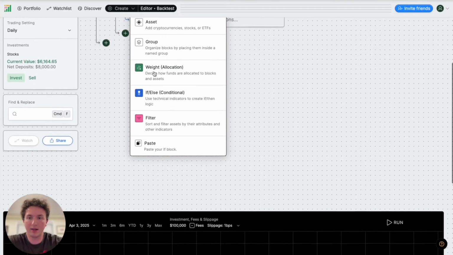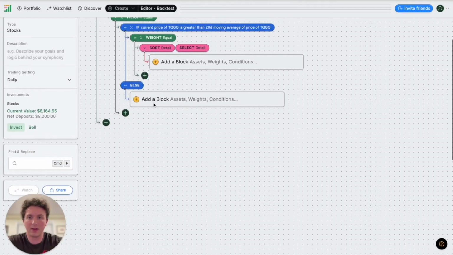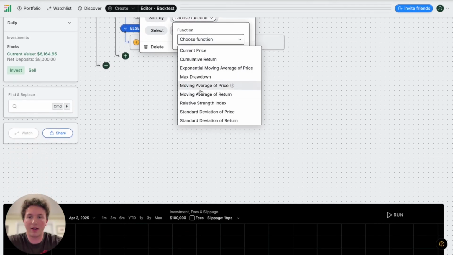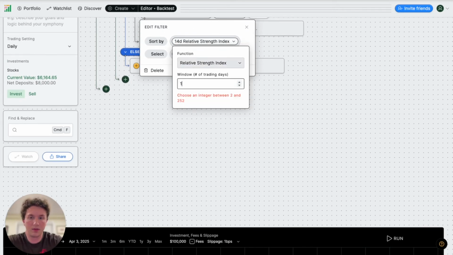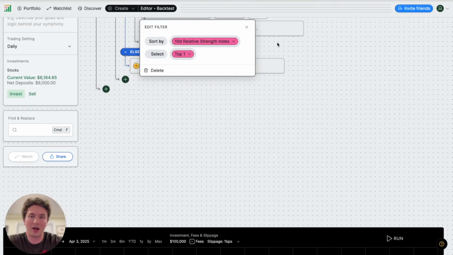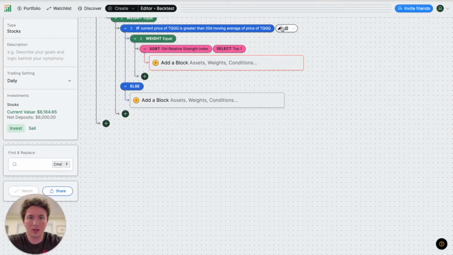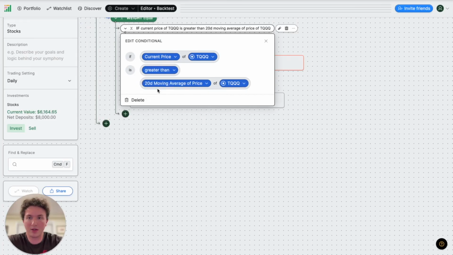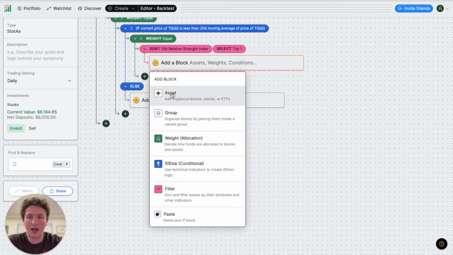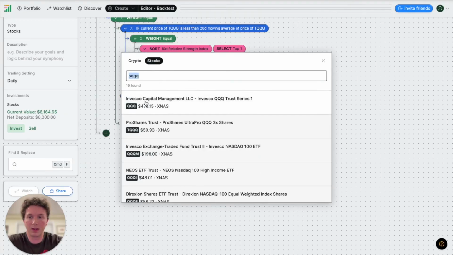So I'll add a block and we will filter and we will sort by the RSI, relative strength index, but there's a bunch of different indicators you can sort by as well. Let's do 10-day window and we'll select the top one with the highest RSI. Oh, sorry, this was supposed to be bear logic, so I will switch that to less than. So this sort block will be in our less than, so if there's a downtrend. So we will look at SQQQ, treasury bonds as well.